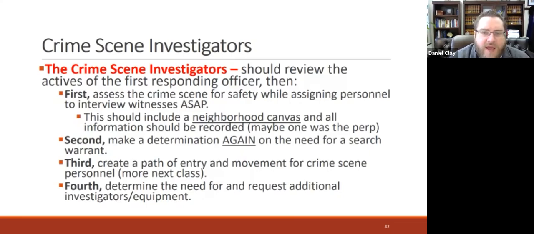Now, again, as we're talking to witnesses and taking impressions, the second thing we're going to want investigators to do is to make a secondary determination for the need for a search warrant, right? So you have to determine again the need for a search warrant. And this is really important because I've said a couple of times that at different times the emergency ends, right? So if the only way you have into somebody's house is because there is an emergency, and there's an exception for emergency circumstances when it comes to search warrants,